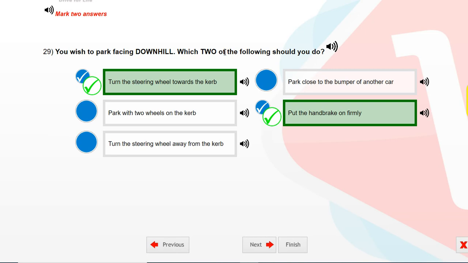Which two of the following should you do? Select two answers. Turn the steering wheel towards the curb. Put the handbrake on firmly.